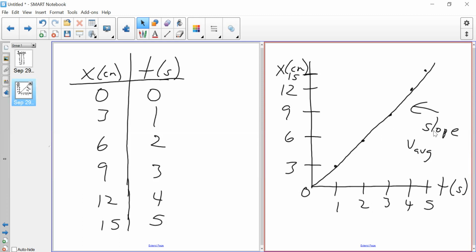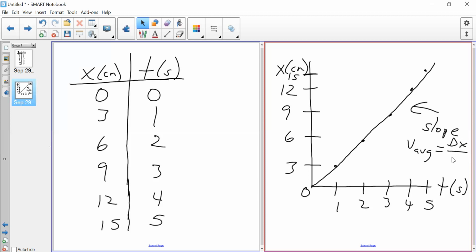That line of best fit tells us about the average velocity. Once we take the slope, that basically tells us what the average velocity is going to be,